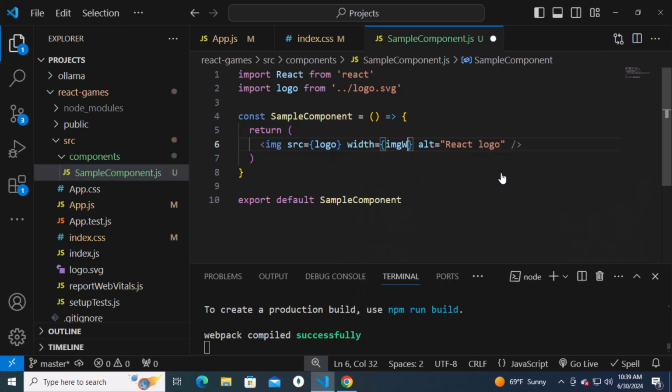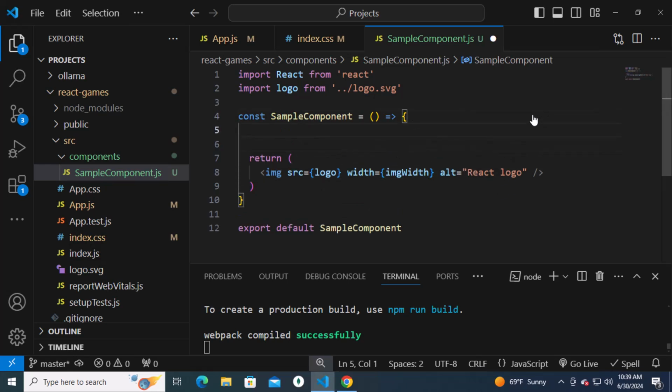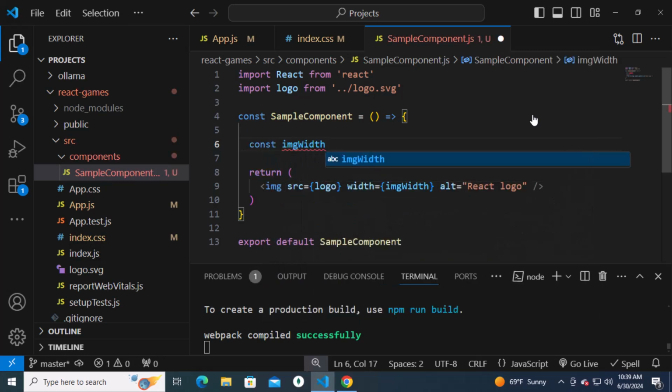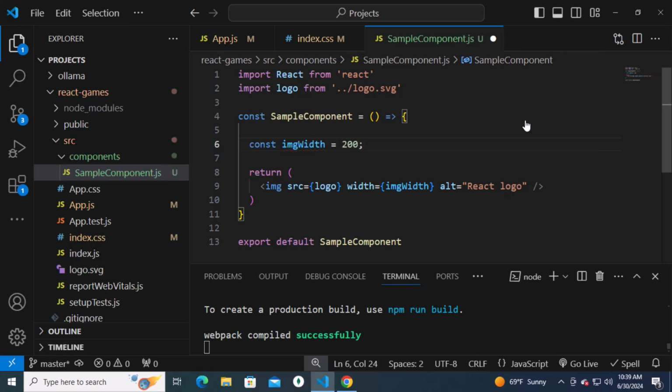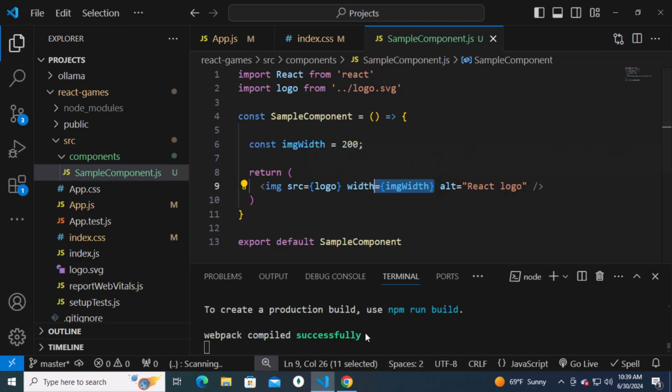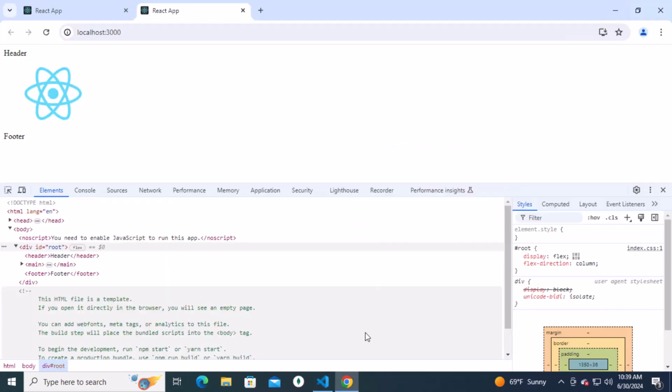I'll create a variable called imgWidth, but that's what we want to refer to. And so that means I need to declare a variable right here. So I'll just go const imgWidth, and I'll set that equal to 200. Okay, so now I had to use curly braces down here with the width attribute because I'm referring to a JavaScript variable. If I save that, and it recompiles successfully, and then I'll Alt-Tab back to the browser,